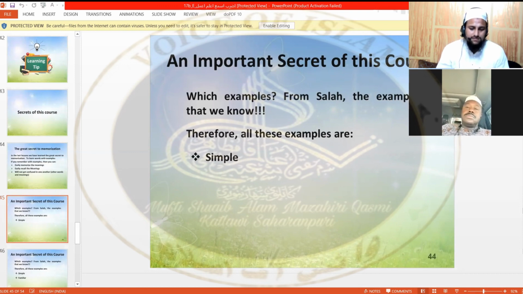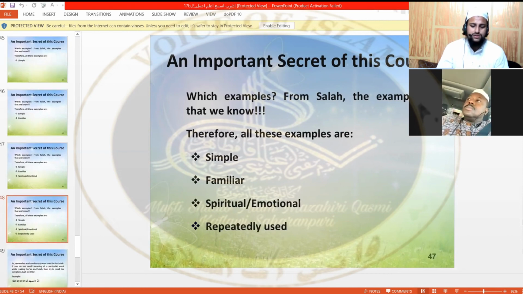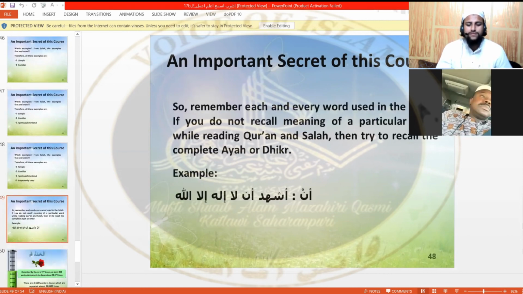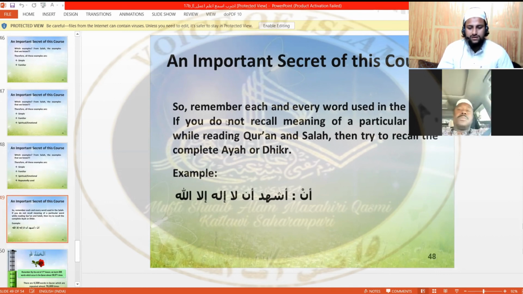These examples are simple, familiar, spiritual, emotional, repeatedly used. So remember each and every word used in the Salah. If you do not recall the meaning of a particular word while reading Quran and Salah, then try to recall the complete ayah or dhikr. Example: ashhadu an la ilaha.